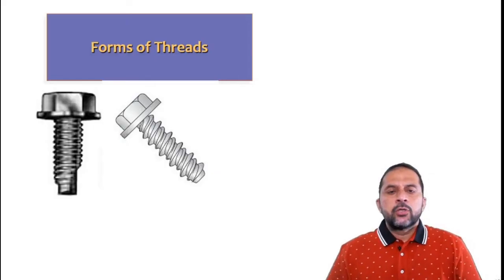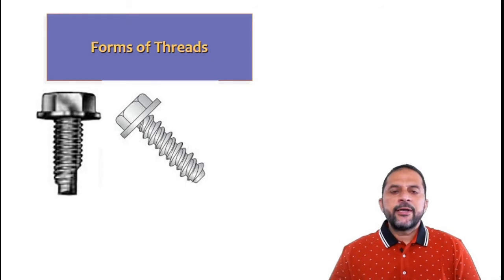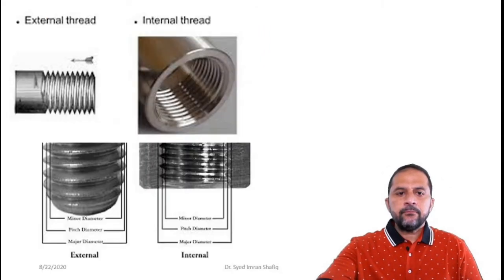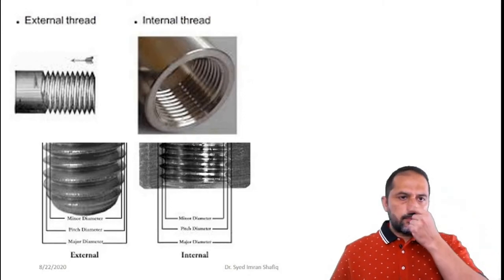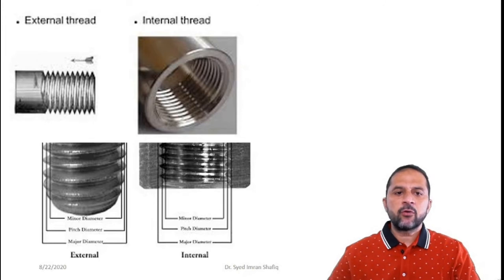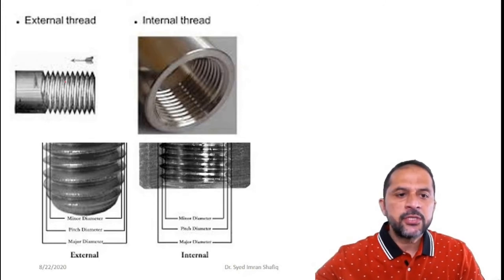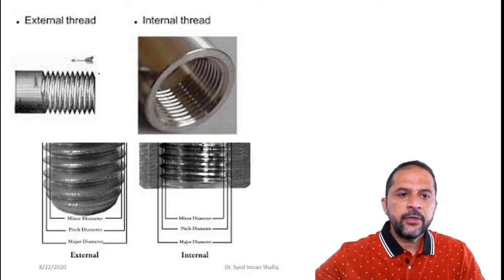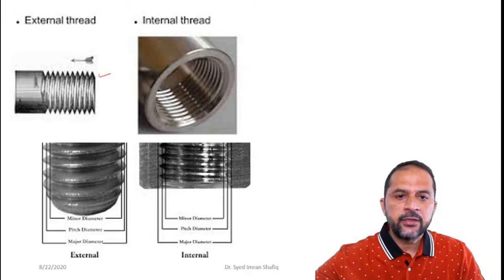As we know, threads are very commonly used in temporary fastenings, whether they are nuts, bolts, set screws, or locking devices. This figure shows the two types of threads, internal threads and external threads, just for common understanding. This is the external thread, which is on the outside of the diameter, and this is the internal thread, which is